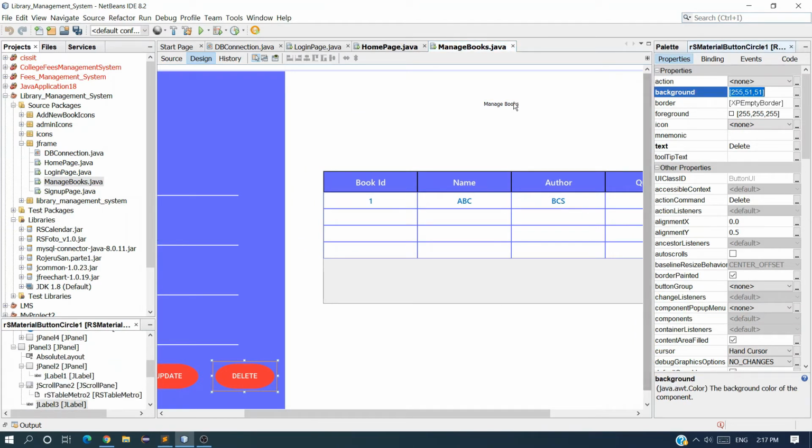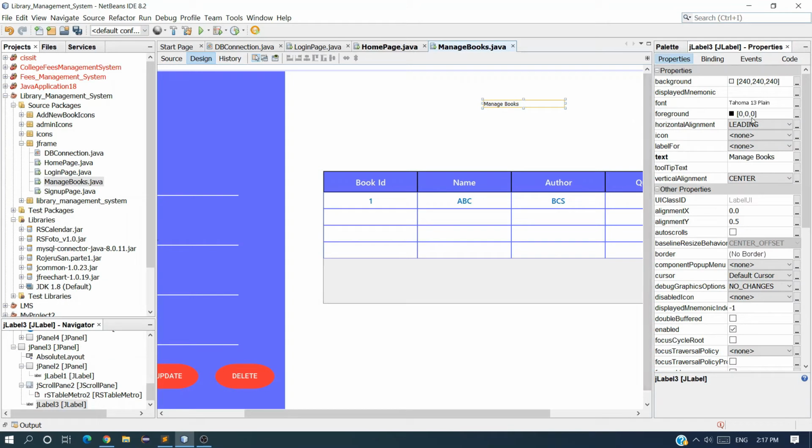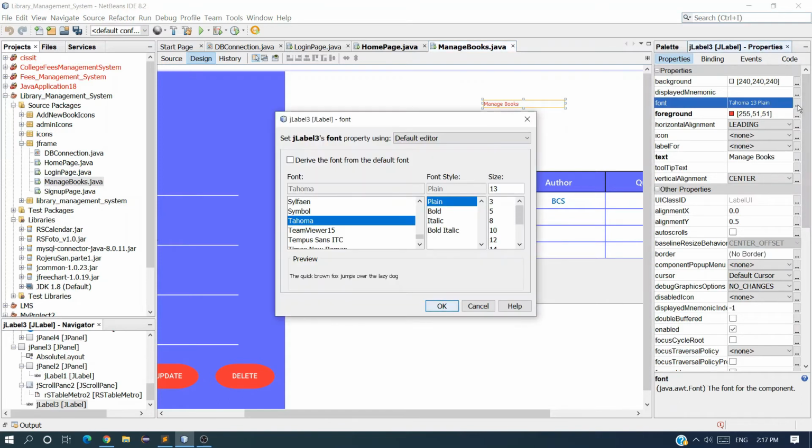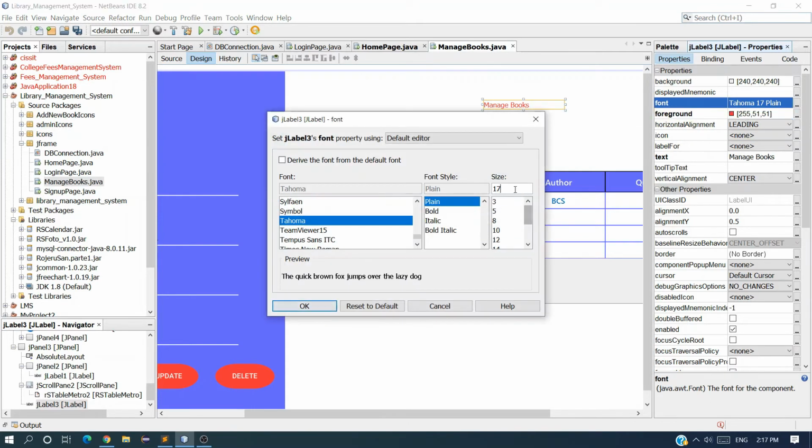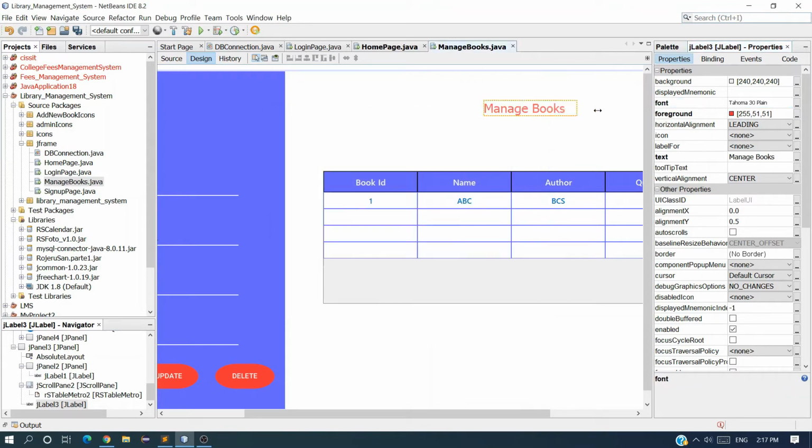Copy this, select the panel, label in the foreground, paste this color. And I also change the font size, and I want to keep the font size as 17. And okay, not 17, I want to take the size as 30, and click on OK.